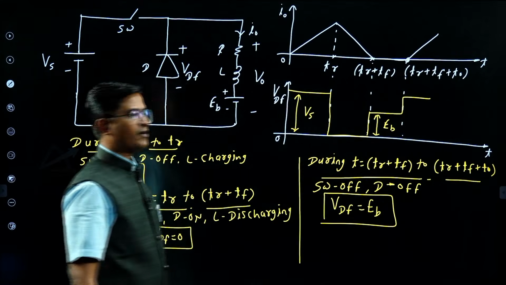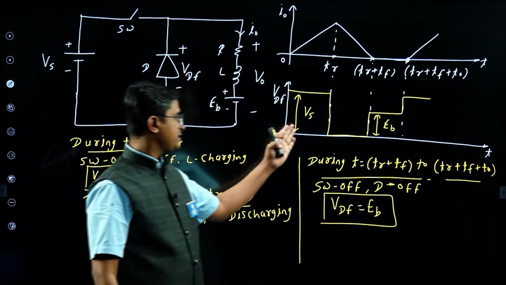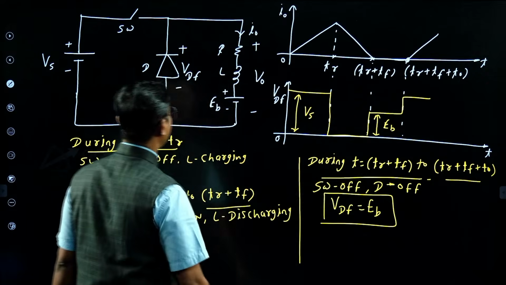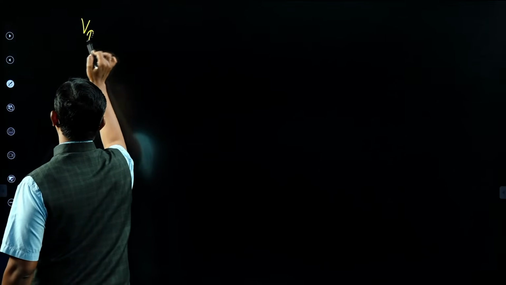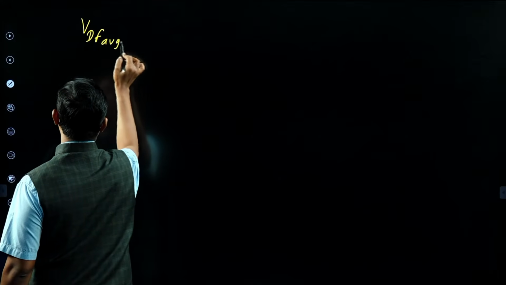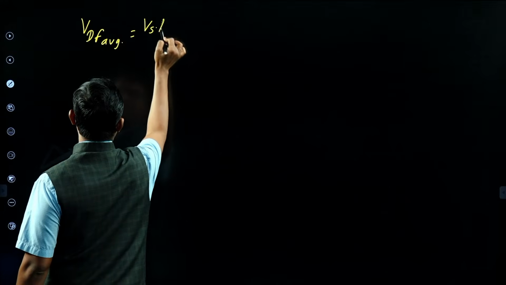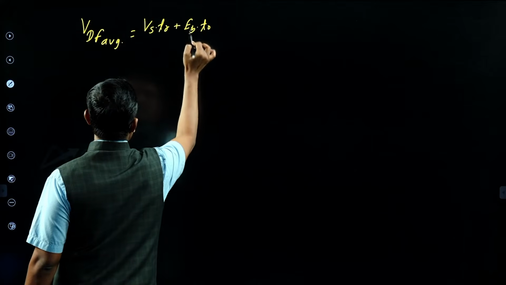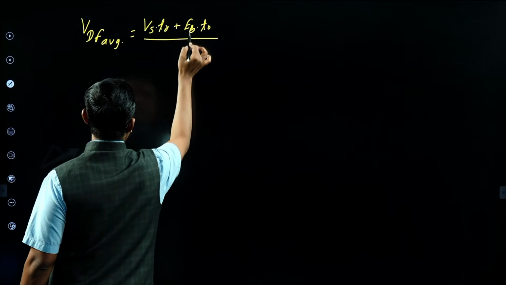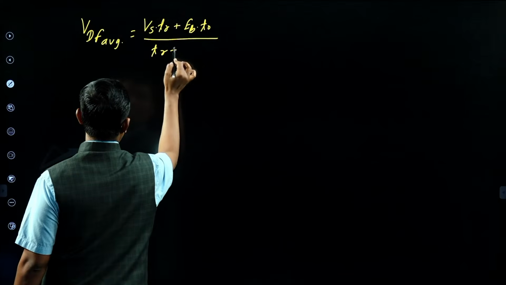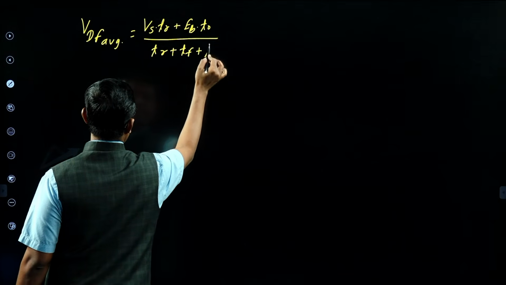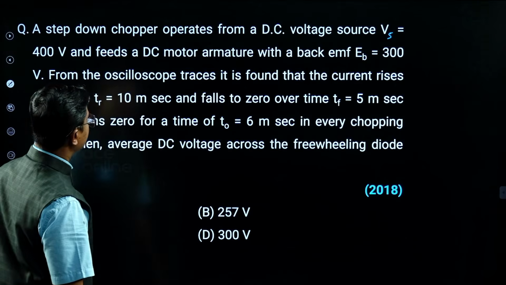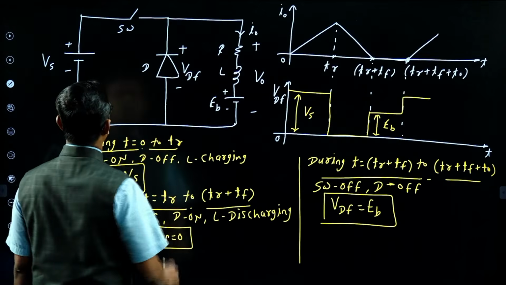Now what is the VDF average? Area under this plus area under this upon periodicity, right? So you can write it as VDF average equal to Vs into TR plus EB into T0 upon TR plus TF plus T0. Yeah, now put the values here. Vs is 400 volt